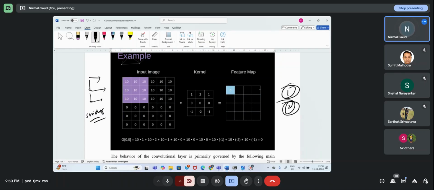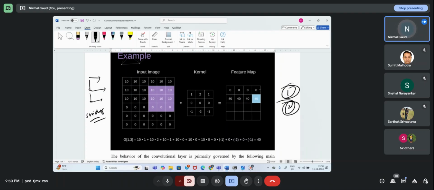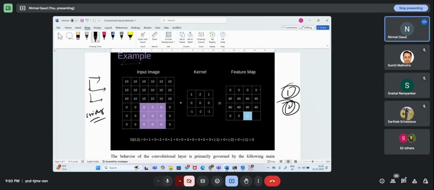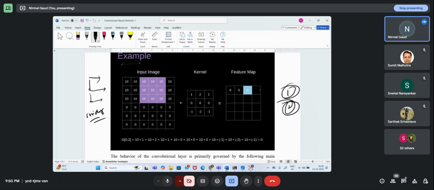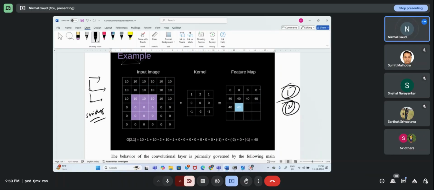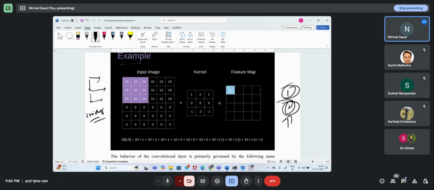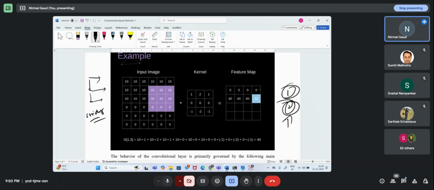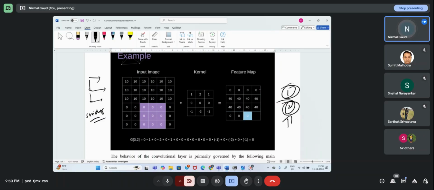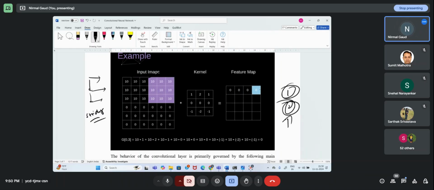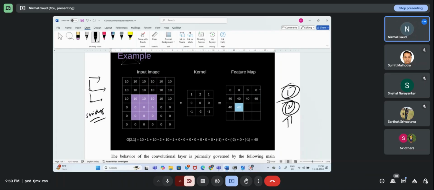So here, how much striding are we having? One, one, one. And if I make it two, then it will skip one. One entire column will be skipped and it will move ahead. And if you take high striding, then the size of the image will be further reduced. Okay, got it. So this is how convolution works. This is our input image and matrix of the input image, and this is how the kernel is operating over it. This is the kernel matrix. So image matrix, kernel matrix, this is the feature map. This is what happens in convolution.